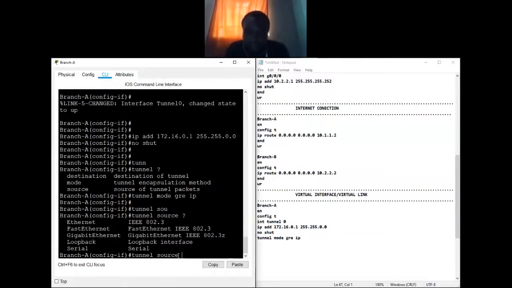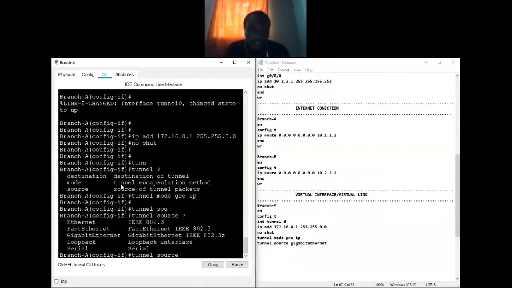After that, you can say tunnel source, space, question mark if you want to see more options under the tunnel source. So remember, documentation is very important. And then say gigabit Ethernet. In our scenario, the source is what?